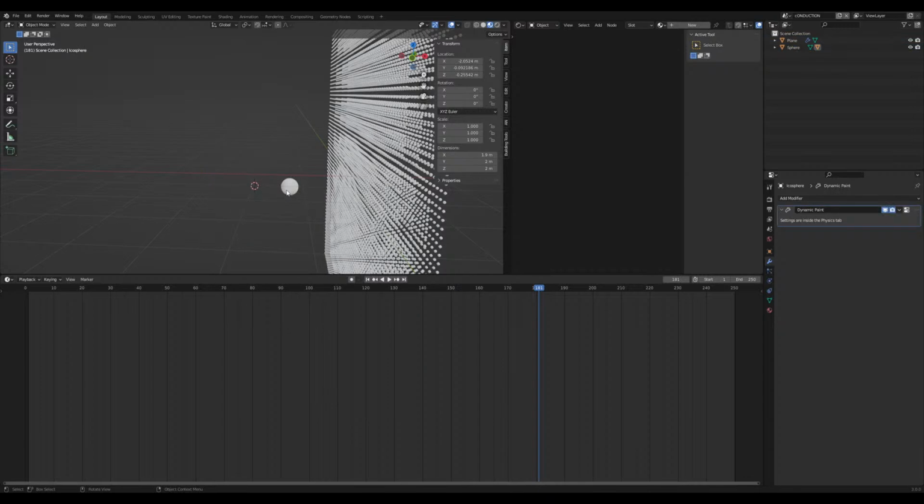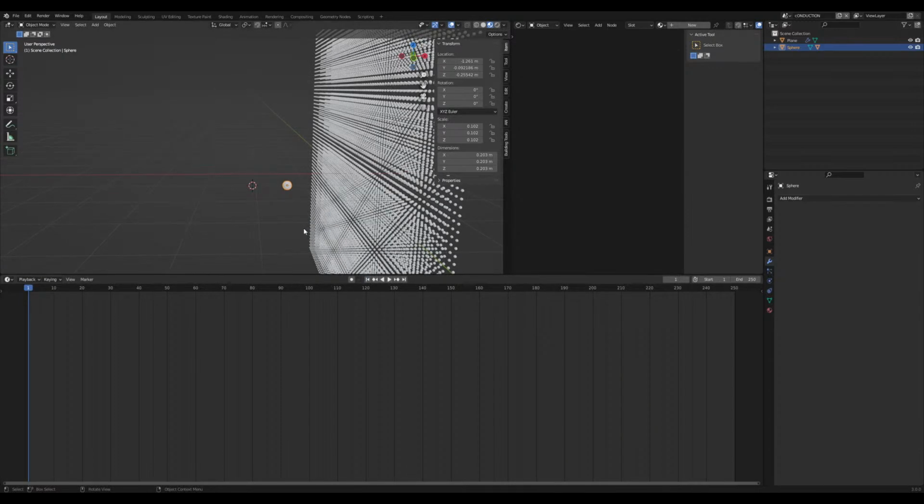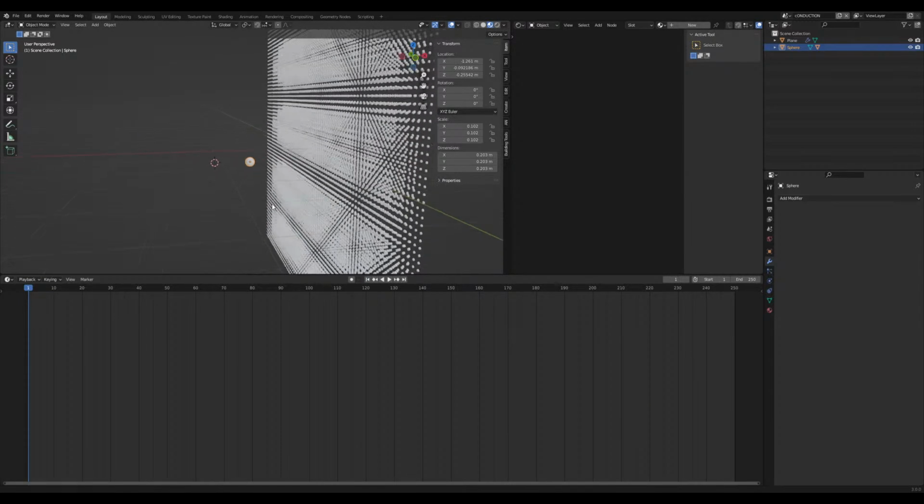So we can hide this guy. So now what I want is I want to have a little particle, because I'm just showing just a brief